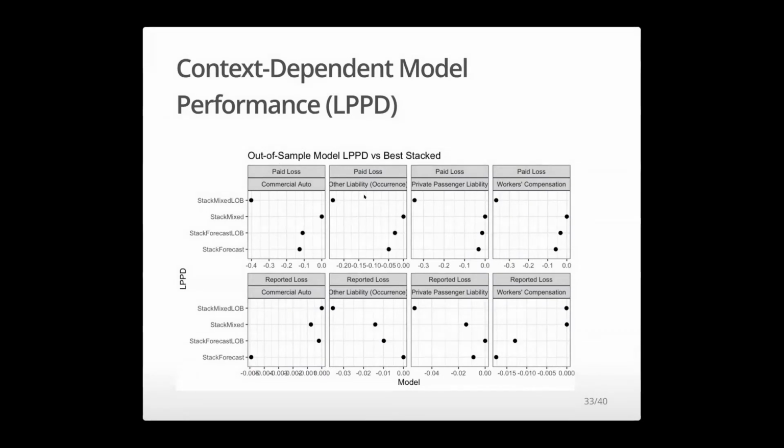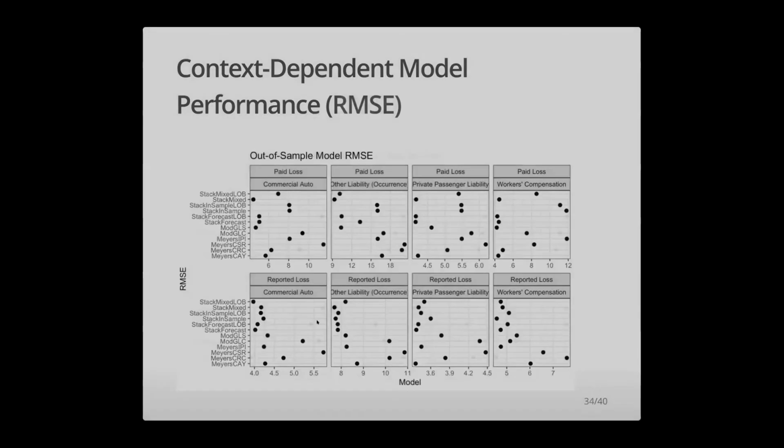Putting that all together, here we actually have a direct comparison of what I've labeled here as stack mixed, which is this feature weighted stacking, and stack forecast is just the vanilla stacking that I was showing previously. And we see here that when we have a mixed model, particularly for paid loss, it consistently outperforms every other stacking modality. On the reported loss, the picture is a little bit fuzzier, but it generally seems to be at least competitive with the other stacking algorithms. If we layer all this in,